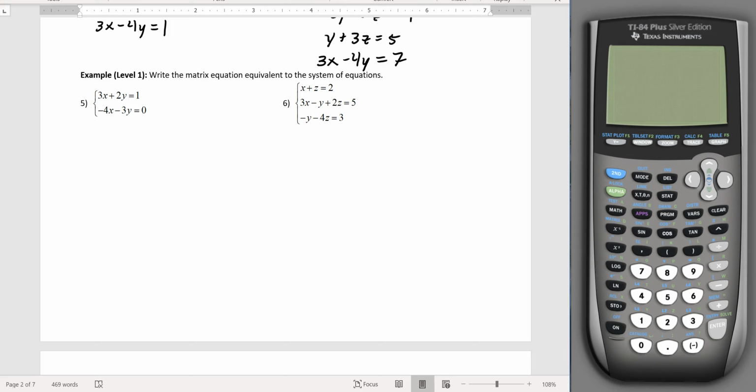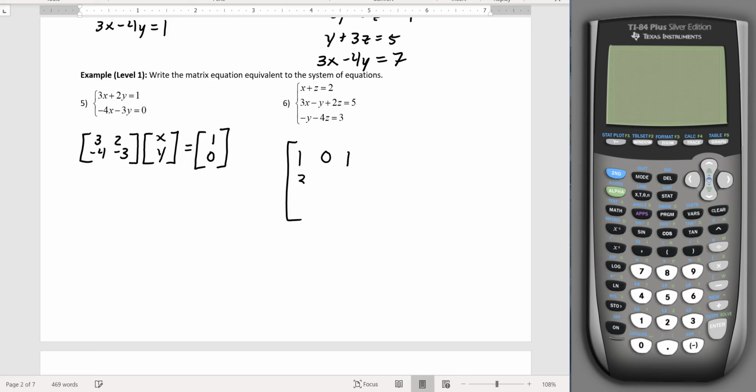All right, let's see how we did. So first matrix is my coefficients, so 3, 2, negative 4, negative 3. Next is my variables, x, y. Notice it's always just one column, and it equals my constants, 1 and 0. Excellent. Number 6, 3 by 3 for this first one, so I have 1, 0, 1, 3, negative 1, 2,